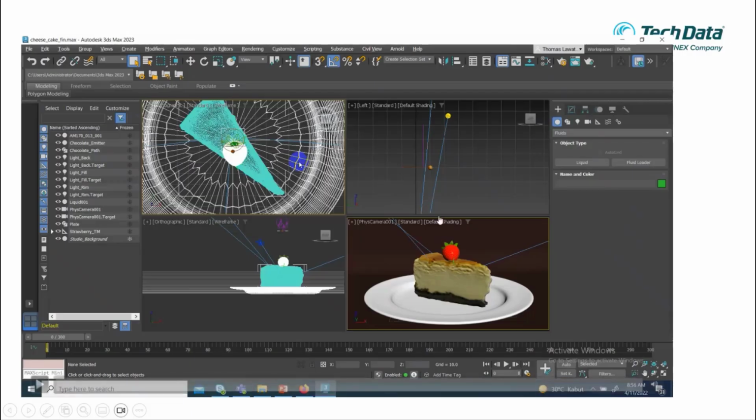Yeah, this is talking about the fluid. I think this is useful for, let's say, a food vlogger, when you want to create some advice regarding the fluid system. The fluid system is available also in 3ds Max. Some people have another plugin, but Max itself has the